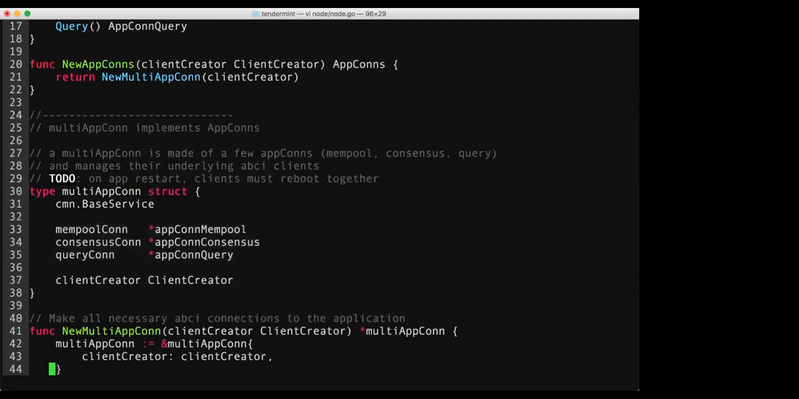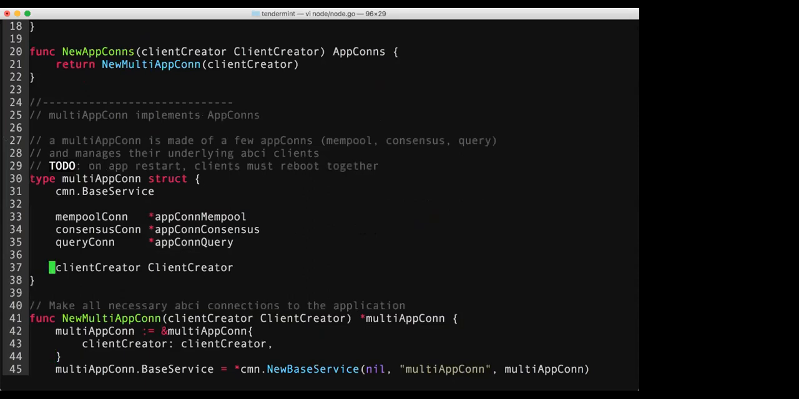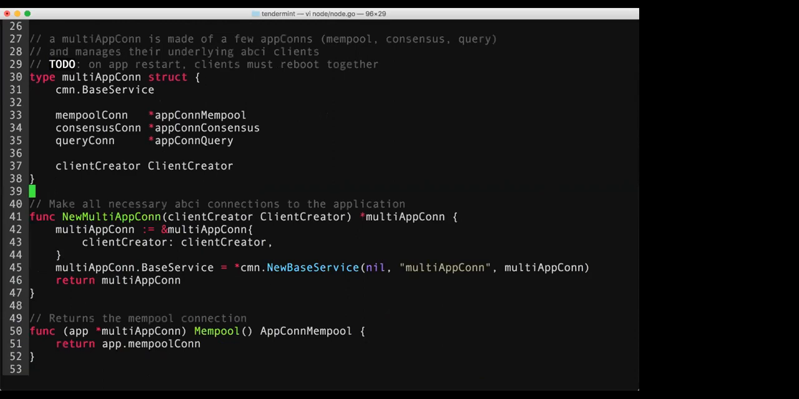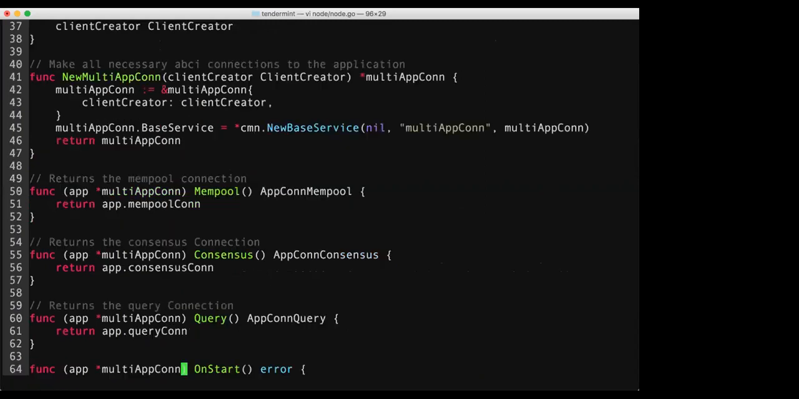And the reason we have this client creator is so that we can actually create multiple connections all at once using the same style of connectivity to set up actually independent connections. So if we look at the on start for this thing,